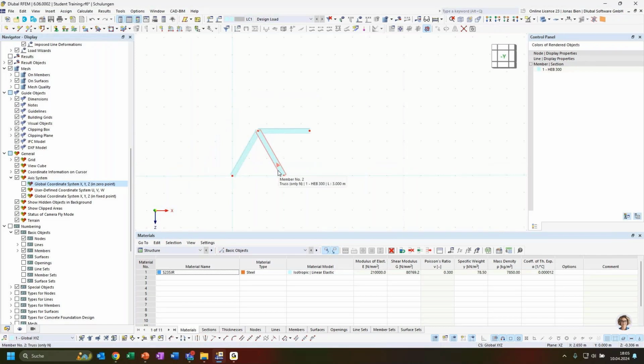Of course, now I need to add this substructure or additional diagonals and upper chords to the model to finish my truss structure. And to do this, I can use the drag and drop function. So I can just select all the members and nodes I have so far defined. Click next to the lower left node, because that would be the node that I want to connect when I copy this piece of the model, and then hold the Shift and Control button at the same time on my keyboard, and then I can with left click